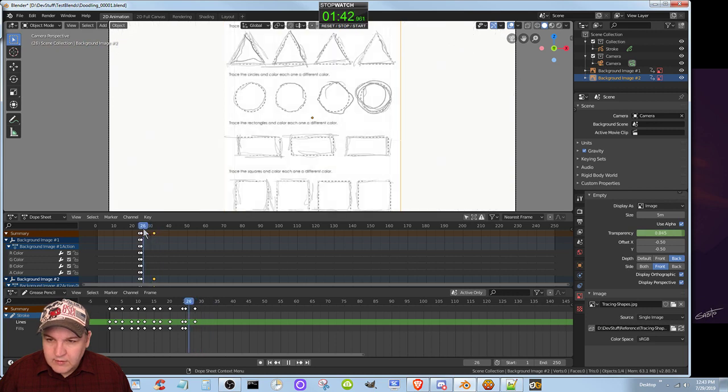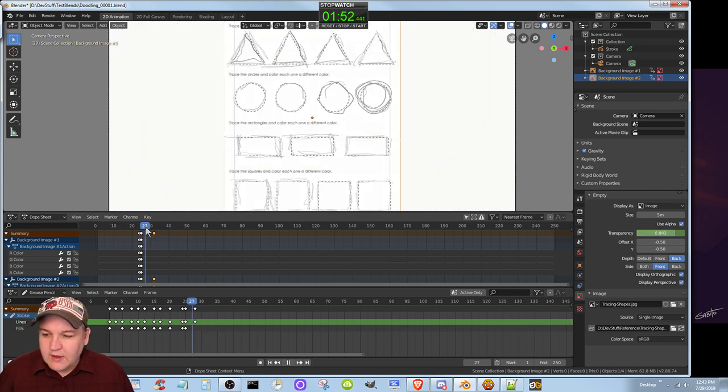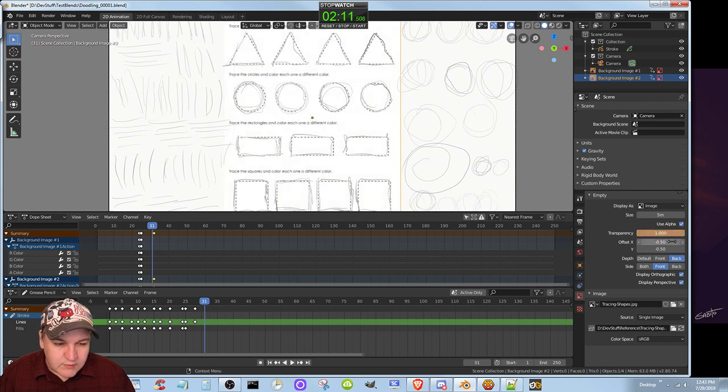Oh, yeah, what am I thinking? Okay, so what happens here is how it faded in, right? So basically what I need is actually two keyframes. So this was here, this one down here. Let's go ahead and make this completely transparent or completely opaque, and then hit I again,